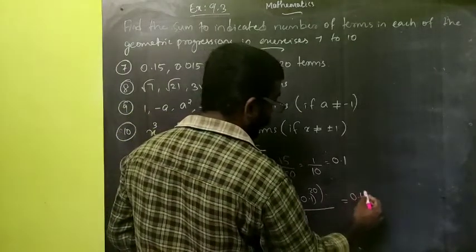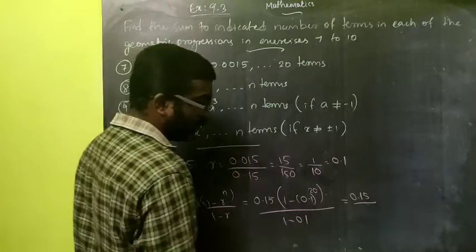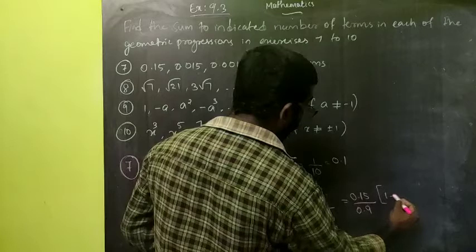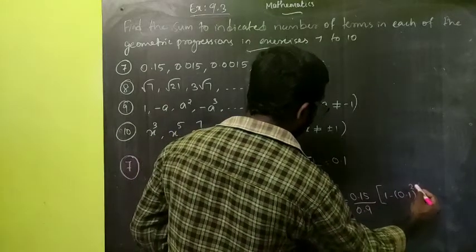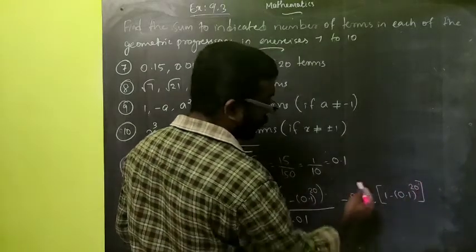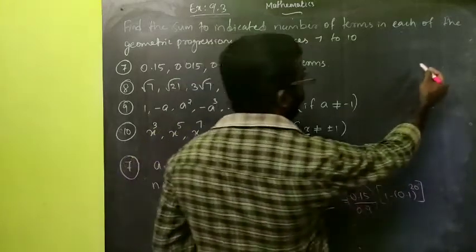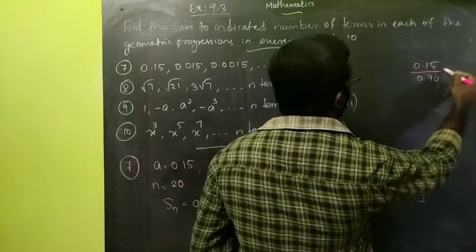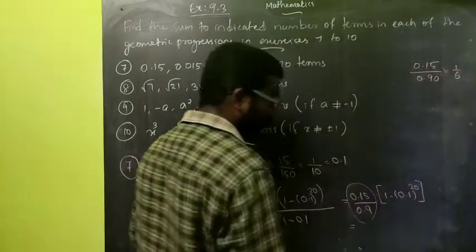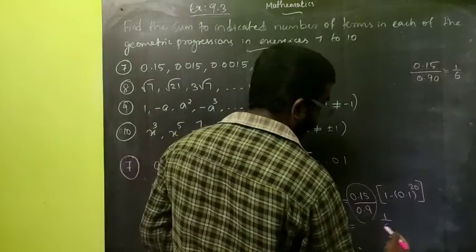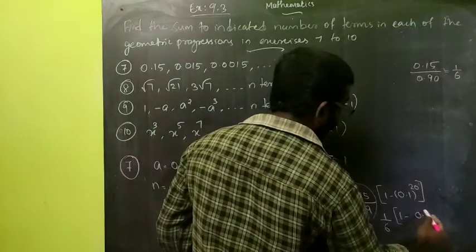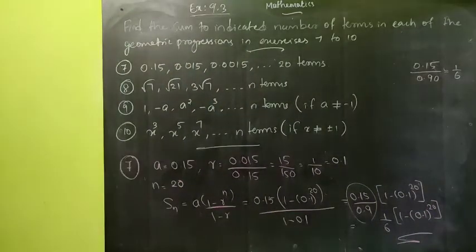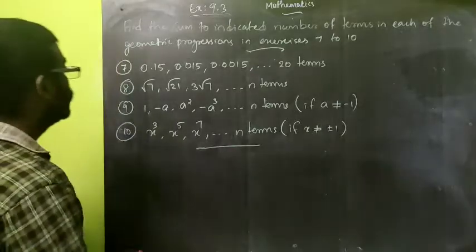That is 0.15 divided by, this time we can write first, 1 minus 0.1 is 0.9, into (1 minus 0.1) the whole raised to 20. This time we can simplify: 0.15 divided by 0.9, or 90, which is equal to 1 by 6. Okay, so the final answer is 1 by 6 into (1 minus 0.1) the whole raised to 20. Okay. And here the next one is,